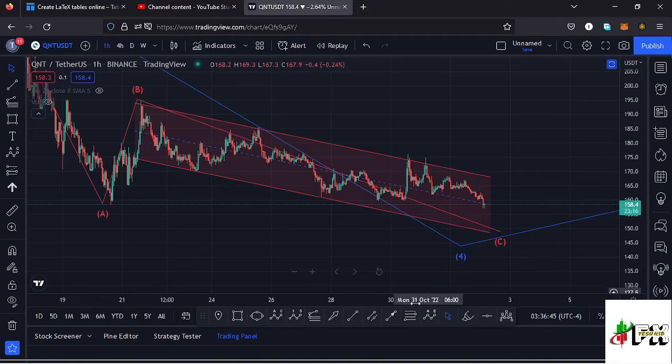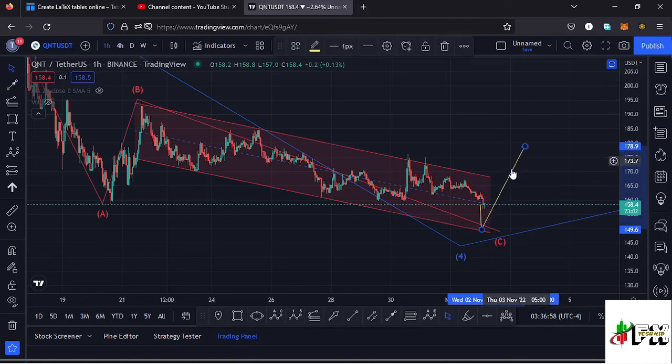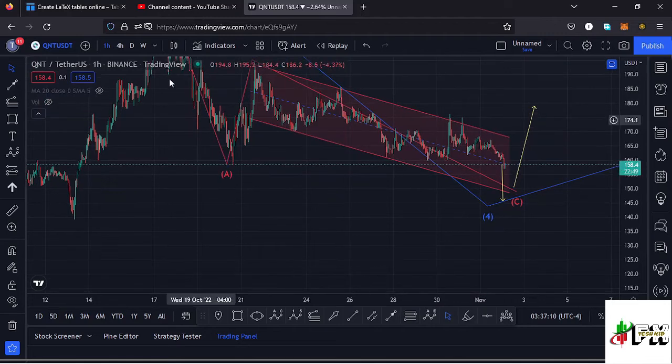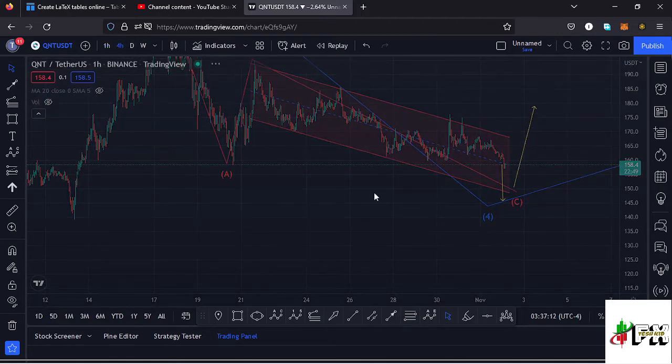And once we get to that lower side of the channel, there are 2 possible scenarios that can play out. We can either find support and then see a very nice bounce to the upper side, back to the upper side of the channel, and maybe a breakout of the channel to the upper side. There's also a possibility that we might lose the lower side of the channel and break out of the channel to the lower side, and in that movement I would expect us to see the low for that fourth wave, then see a very nice bounce to the upper side in the formation of that fifth wave,